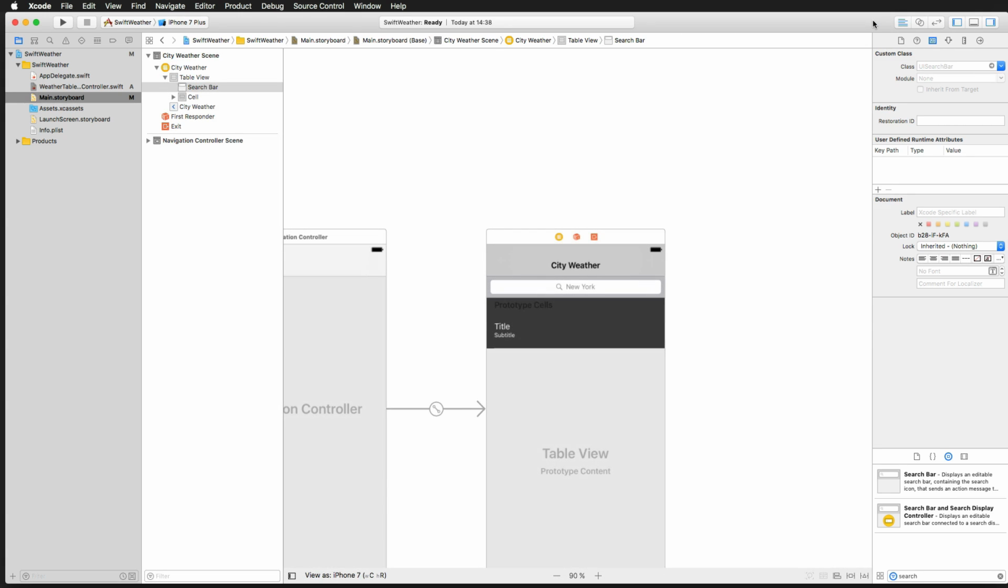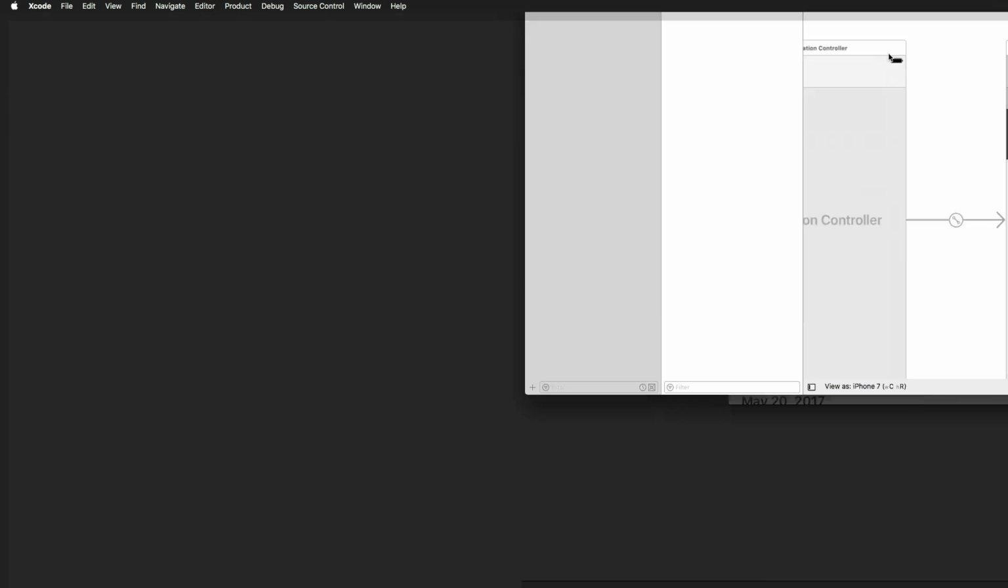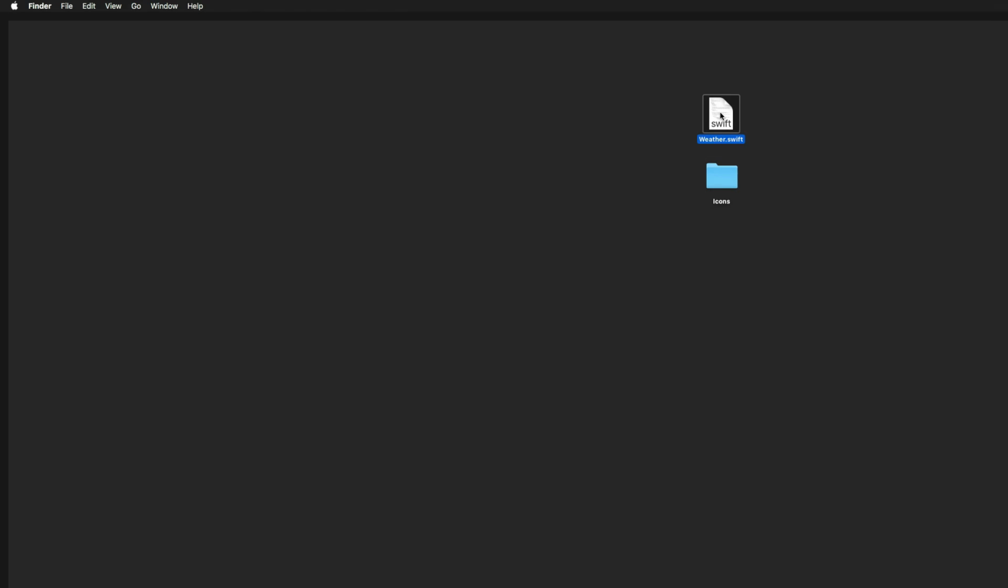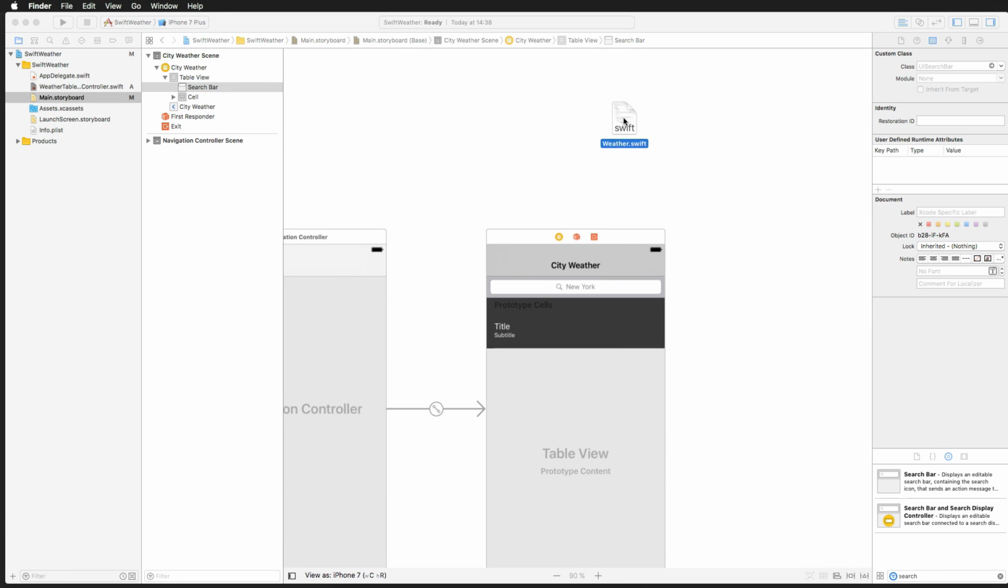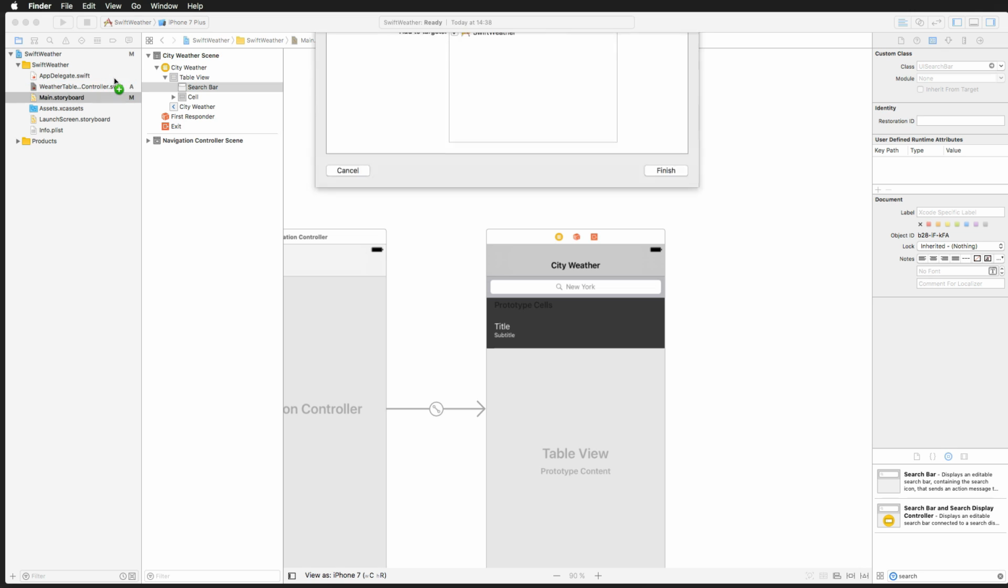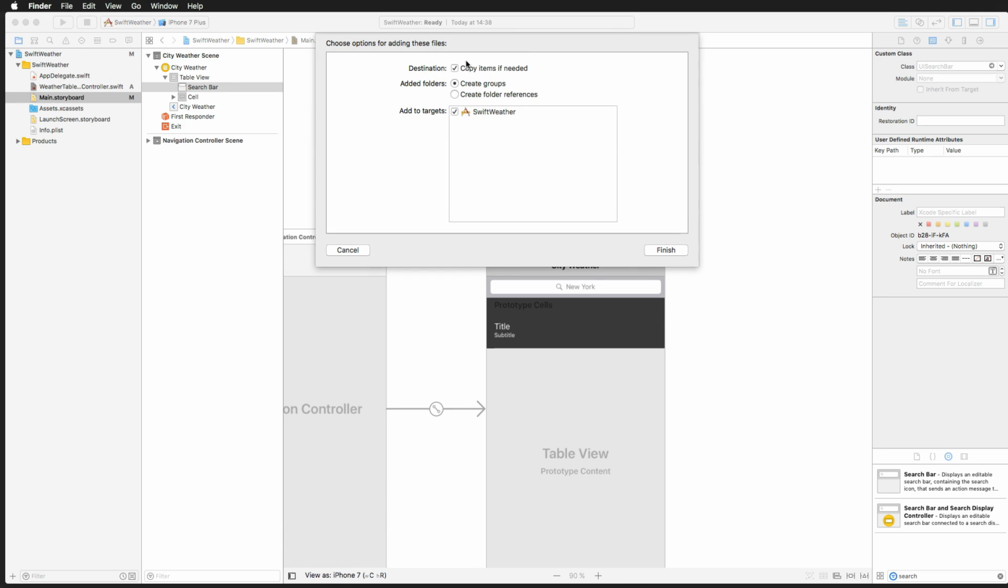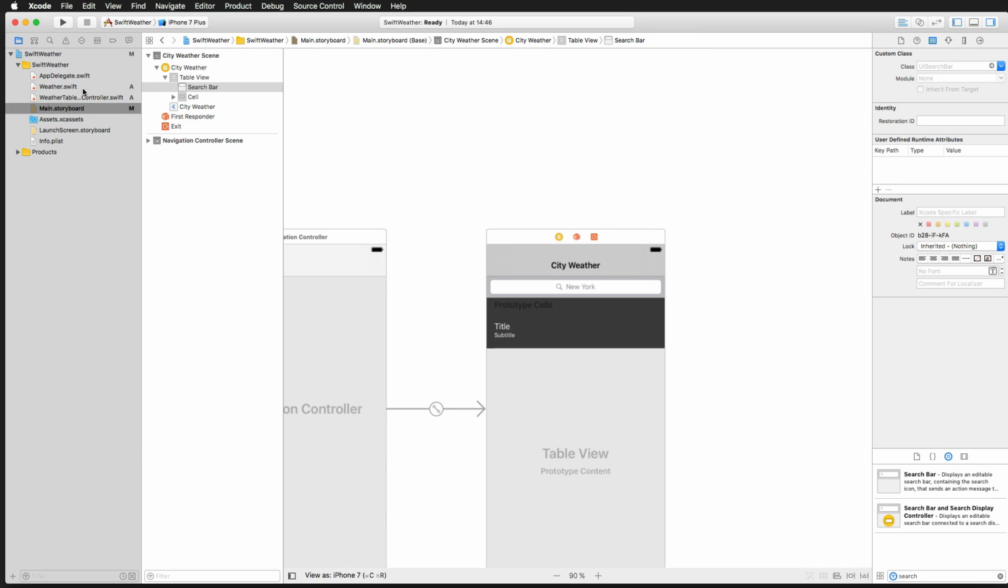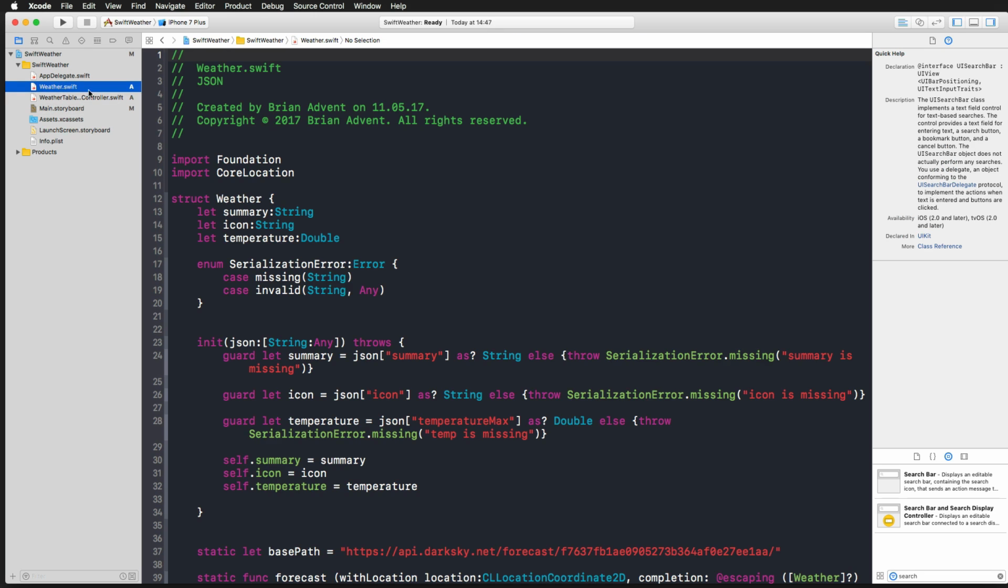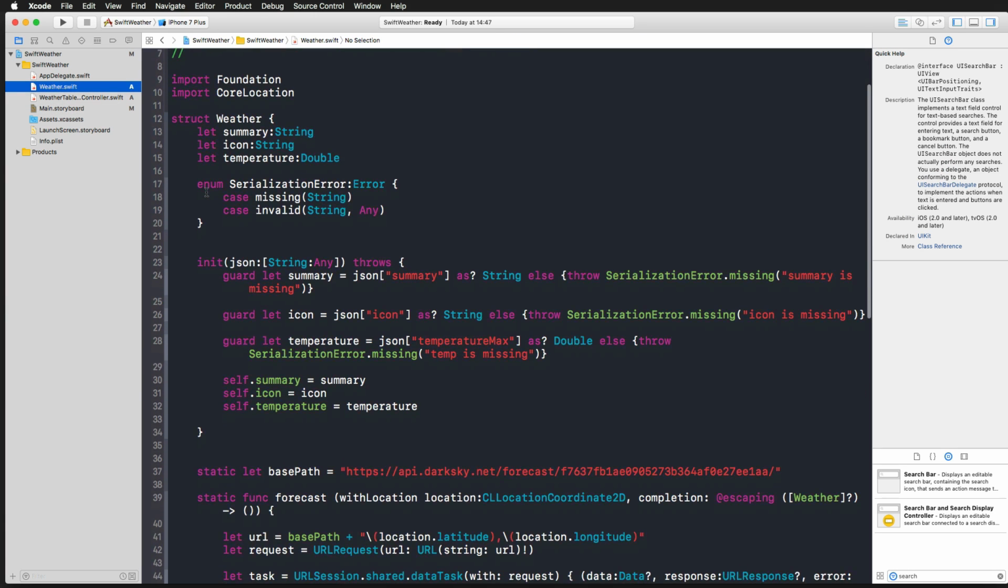So this was the preparation for the user interface. Now what we need is to add the Weather.swift file to our project. So I'm dragging that to my project, and now I'm selecting copy items if needed and add to targets and hit the finish button. And what we just added is not a class, but a struct that holds a data